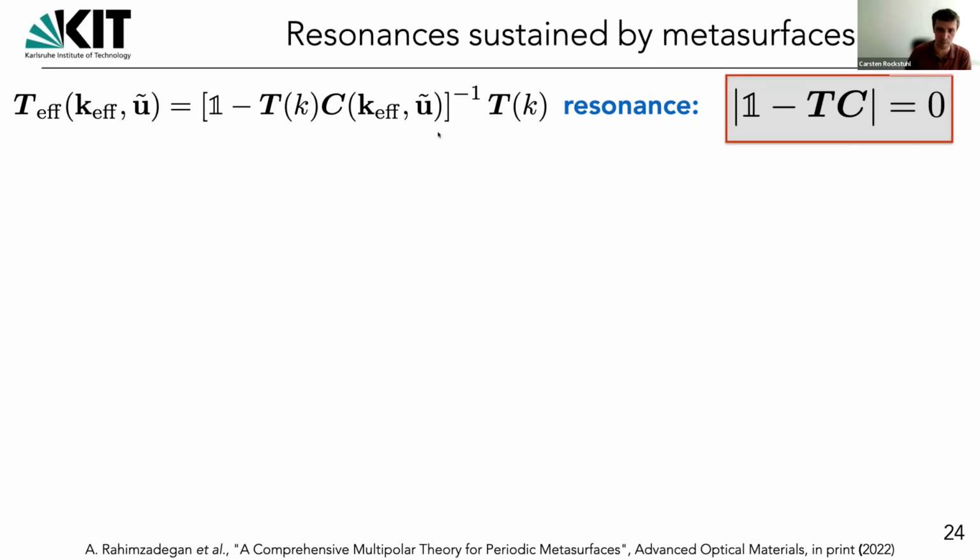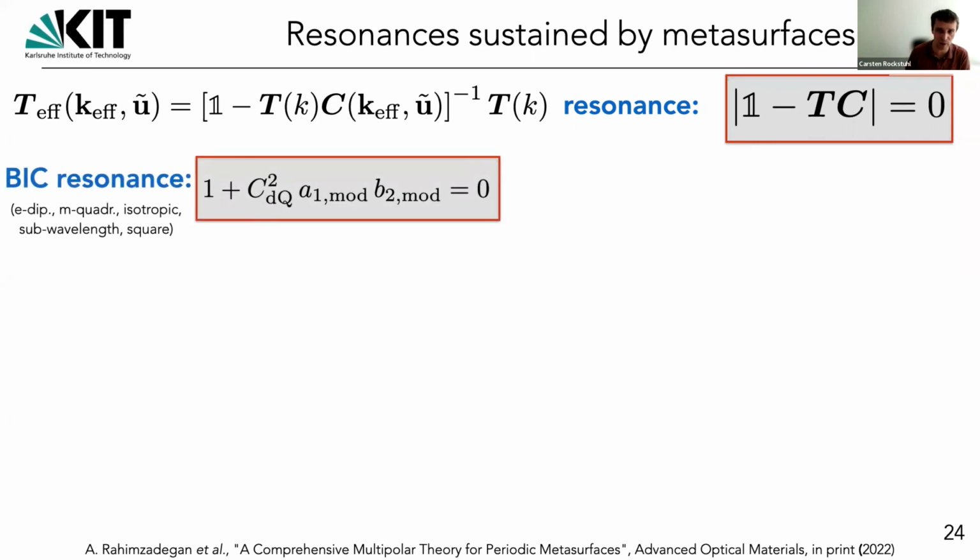And you can read this up in this paper that is actually already available online. But we can ask ourselves, for example, just one example really, what are the conditions under which we can excite resonances in these metasurfaces? And a resonance is clearly associated to a denominator that is 0, so that it really drives this effective matrix into a divergence. And that sort of condition can be written down rather easily. So it turns out that this resonance condition is nothing else than a bound state in the continuum. And we can analytically explore the